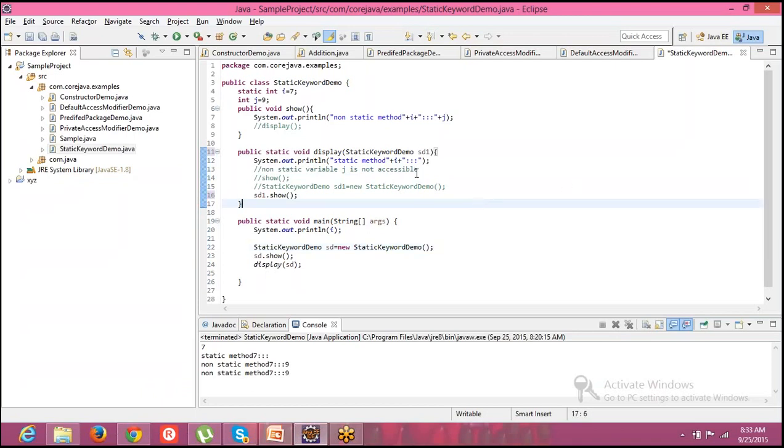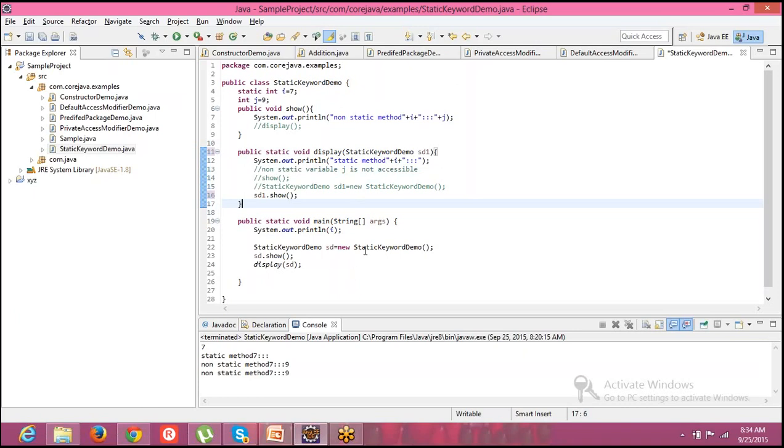So that is what we have seen, static variable and static method, and we are left with the static block. Static block is something like this. When execution starts, where does it start from? It starts from the main method, right? Agreed? That is proved in many programs we have been seeing.